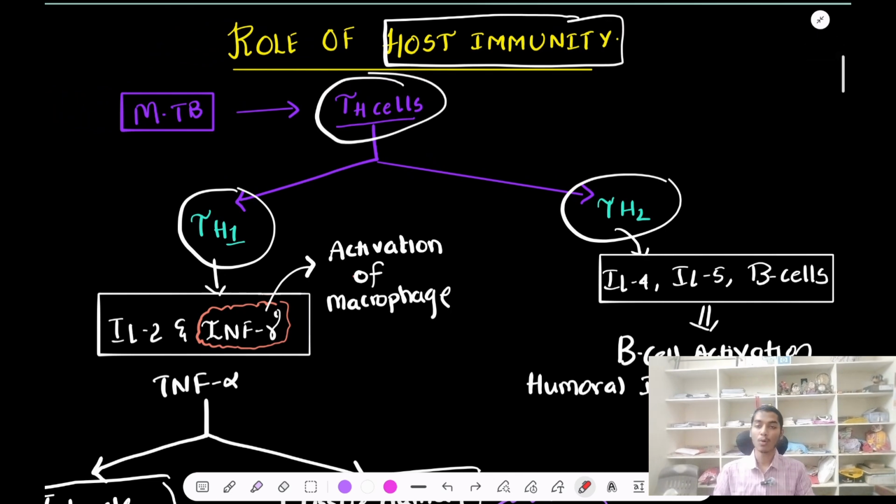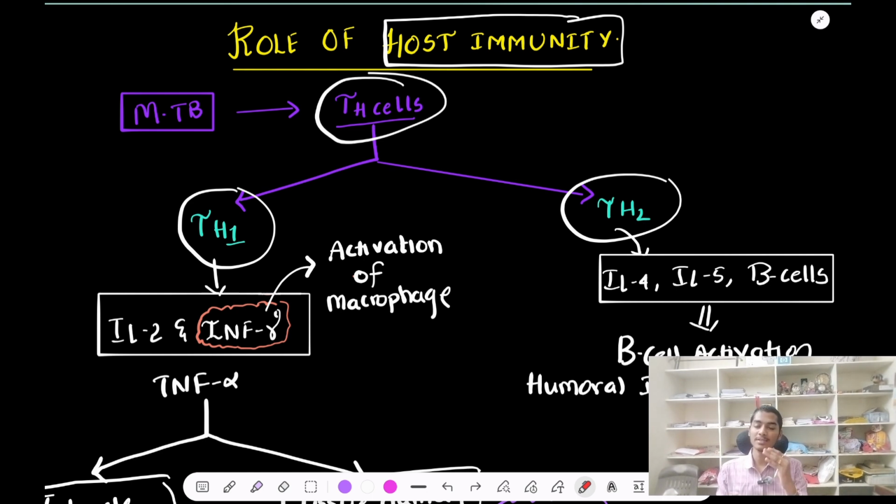So you can see the role of host immunity. The T helper cells, they are differentiated into Th1 cells and Th2 cells. Th1 cells again give two different phenomena. One is tubercle formation, which is a positive sign for our immunity. So we have hard tubercle, soft tubercle. In hard tubercle, it just kills the bacilli, and in soft tubercle we have caseous necrosis in the center. Whereas the tissue damaging response with the